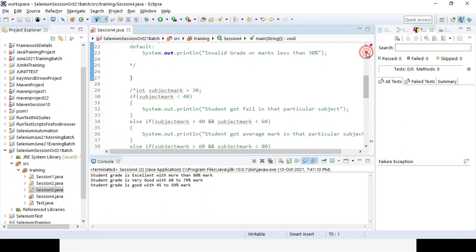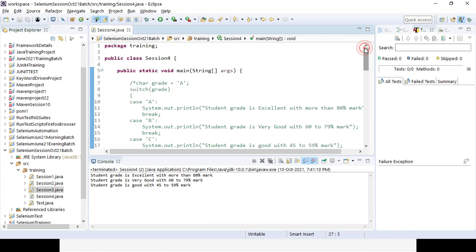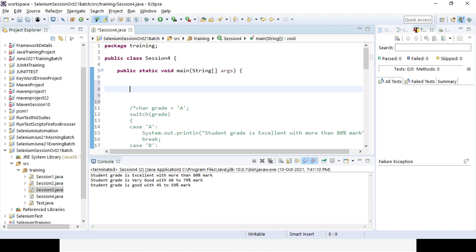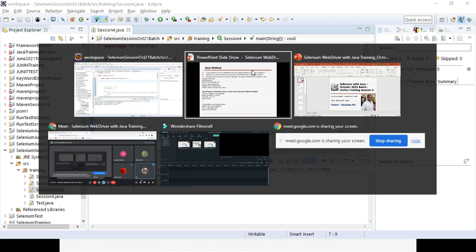But in case you are using any TestNG framework, there is no need to use the assertion. The TestNG framework already has assertions built in, which are the hard assertion and soft assertion. But for the normal one, you can use the if else condition, all this conditional statement, to add some verification point. Even sometimes, if you are adding assertion, you can still use one or two minor conditional statements in real time as well.